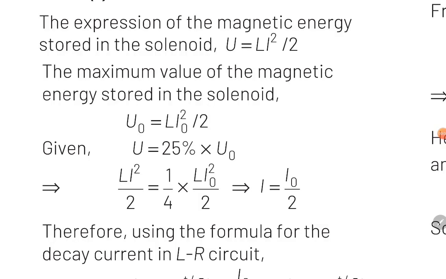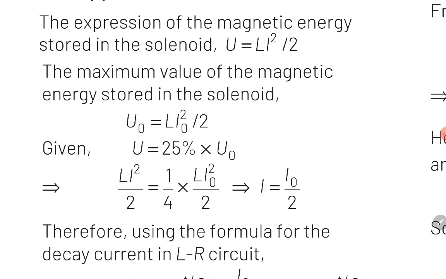Yes, students, we'll start this question by first using the formula of magnetic field energy stored in an inductor. Guys, this formula is magnetic field energy is equal to half Li square. Guys, you can observe in the formula that magnetic field energy is directly proportional to I square. Now guys, in the question it is given that magnetic field energy stored is 25% of the maximum value. This means magnetic energy stored will be 1/4 of the maximum value, and because magnetic energy is directly proportional to I square, then I square will also be 1/4 of the maximum value I naught square.